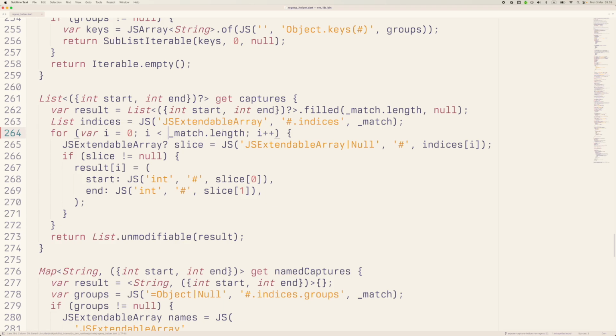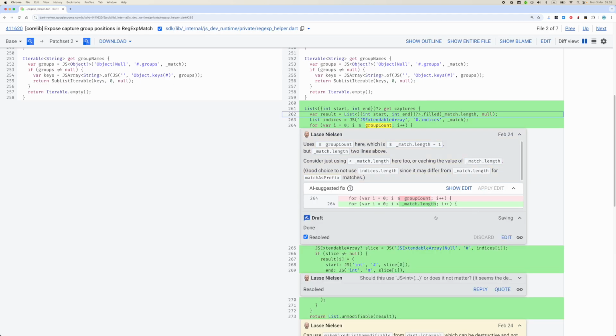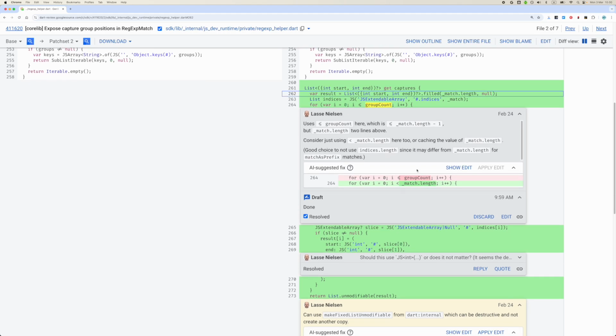So now it is consistent. So once we address the comment, we can just mark it as done. Okay. And you see it marked the comment as resolved, and it also automatically left a response, done. And we can move